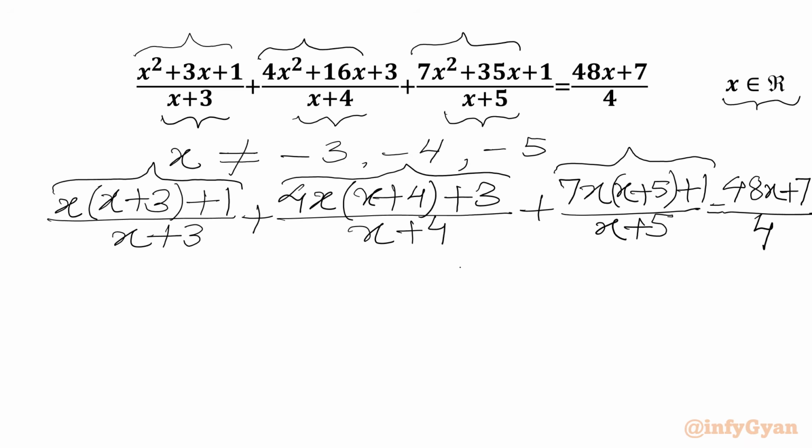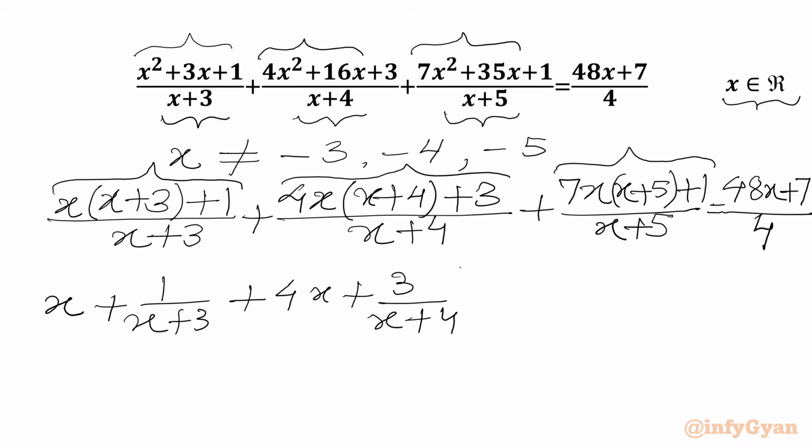So we can write x times x plus 3 over x plus 3, x plus 1 over x plus 3, plus 4x times x plus 4 over x plus 4, 4x plus 3 over x plus 4, plus 7x times x plus 5 over x plus 5, 7x plus 1 over x plus 5,